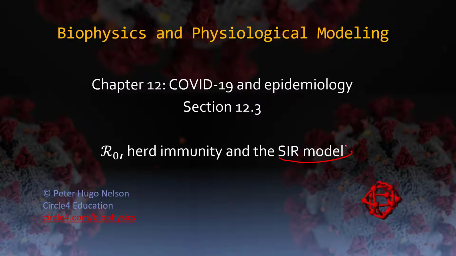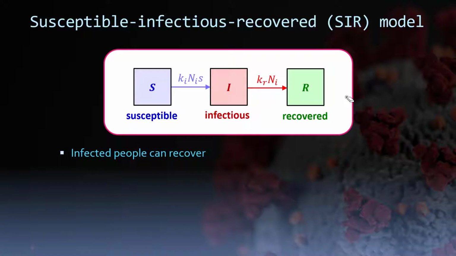And the thing about this model is it's kind of the origin of some concepts that you may have heard about online or in the news. The first is R naught, which is the basic reproduction number. The other concept is herd immunity, which has had quite a lot of press in the last month or so. Alright, so let's start with the finite difference diagram of this SIR model,